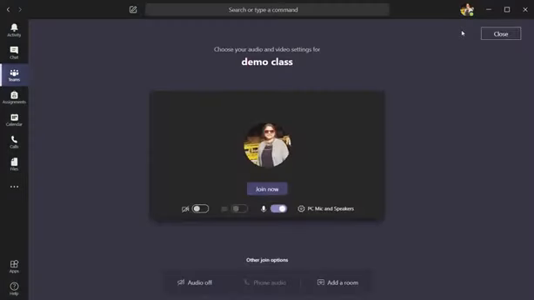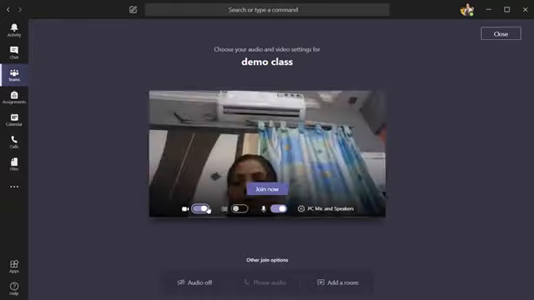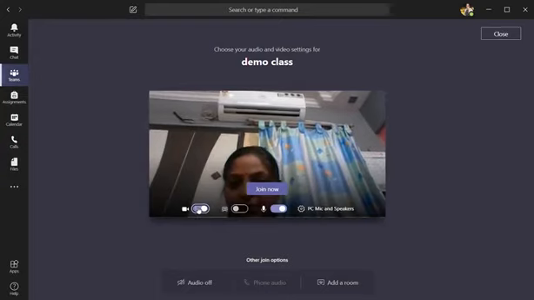When you click on the join button, you will get to see a screen somewhat like this. Now here there are options like turn camera on or off. We have not yet started, because here as you can see the join now button is still there. Before that I am doing certain settings. So this option is turn camera on or off. So you can check whether your camera is working properly or not. Yes, my camera is working properly.